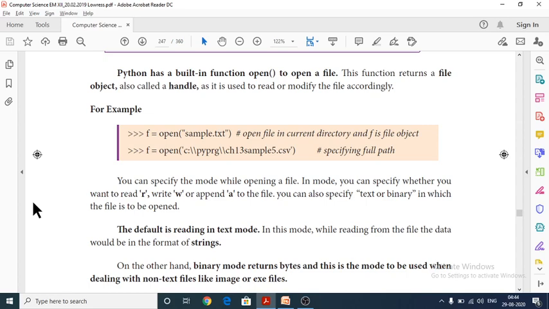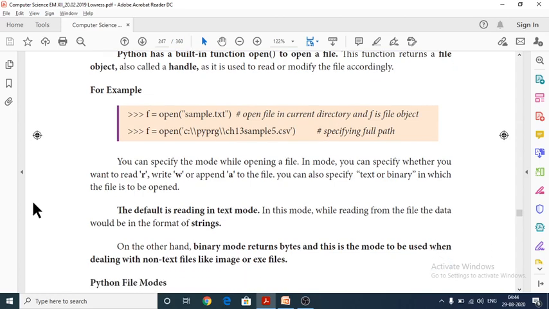While you're going to write a CSV file with Python, it should display the information in the format of strings. On the other hand, binary mode returns bytes, and this mode is to be used when you are going to open an image file, a non-text file. Whenever you are going to open a non-text file, at that time you can open those files with binary mode.